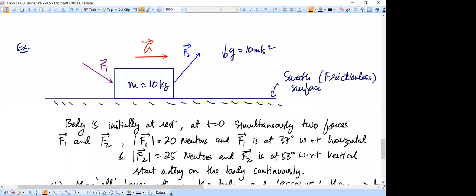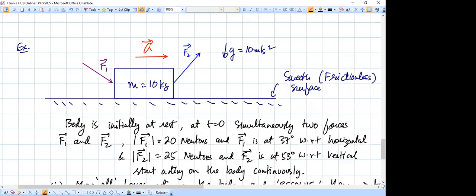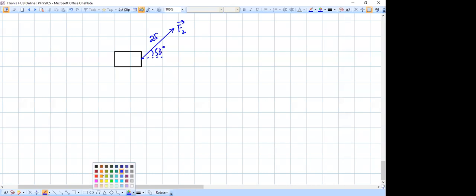So coming back to the situation of the block, the block circumstances are now like this. On this, I have applied a force F2 like this, which was 25 newtons at an angle of 53 degrees with respect to the ground. Okay. The second force I applied,